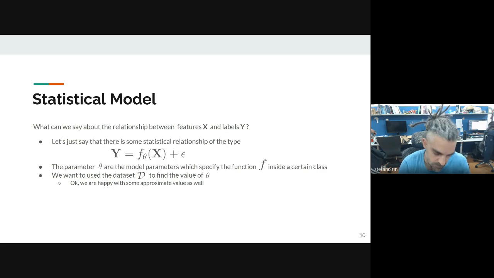Now, the data set comes in. The data set says that this theta can be learned from a data set of observations that you have. Okay, so now the problem is to use the data set to predict theta, which extracts all the information from x regarding y, and whatever is left is noise. Okay, very simple equation, but there's a lot to discuss here, of course.